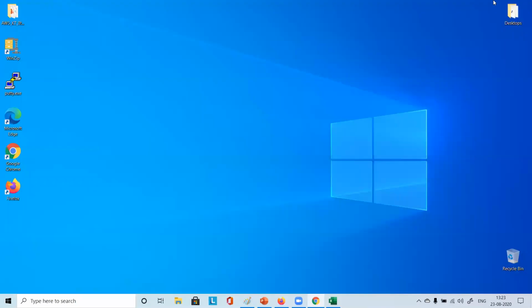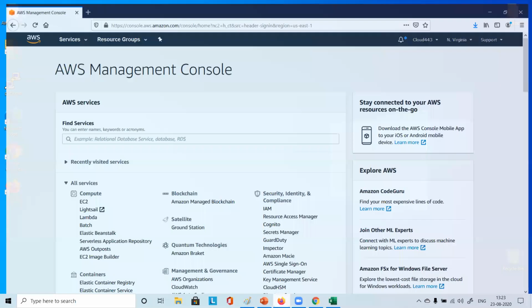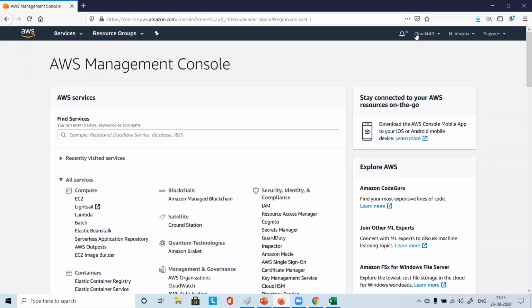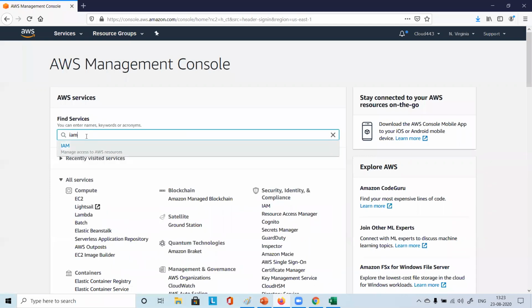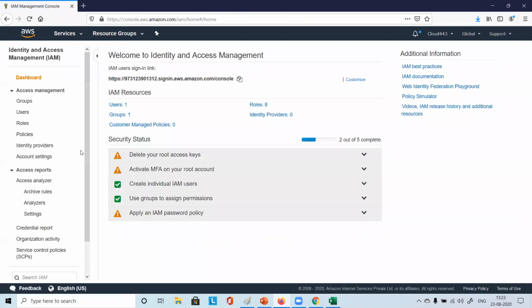So this user, we just leave it as it is here, and then let's go to this console where we are root user, right? So let's go to the IAM dashboard. Prashant, you are going to the IAM dashboard? Yes, Harish. Perfect. So please go to the IAM dashboard, right? There you see one user, one group, like that you have options. So please go to groups. Here you can choose groups.